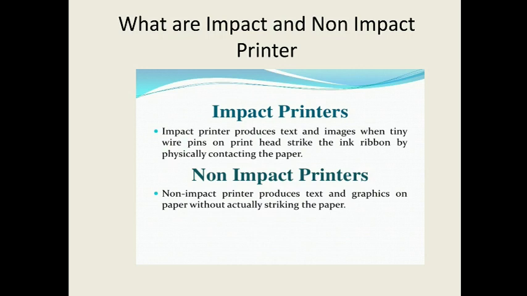Whereas non-impact printer forms characters without making direct contact with the paper. It uses ink cartridge. It prints smoothly on the paper. Children, you must have seen a laser printer in our computer lab. That is the best example of non-impact printer. It works noiselessly and printing quality is very high. Inkjet printer is one more example of non-impact printer.